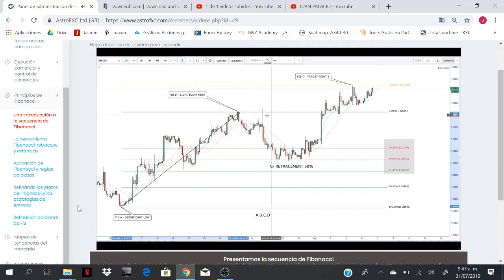A to B, we pull back, we've made the C retracement at 50, and then boom, we've hit our target point. Now, it's really good and really satisfying when the Fibonacci actually comes through, but it's even more satisfying when you place your Fibonacci on. Remember, we probably won't see any of this price action, so it's all about getting the A and B correct